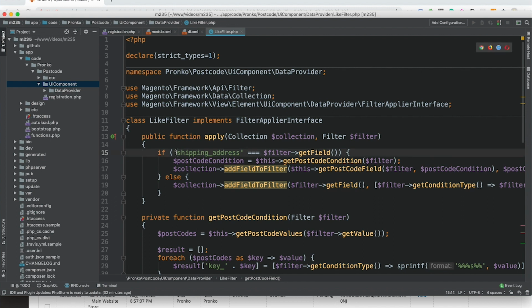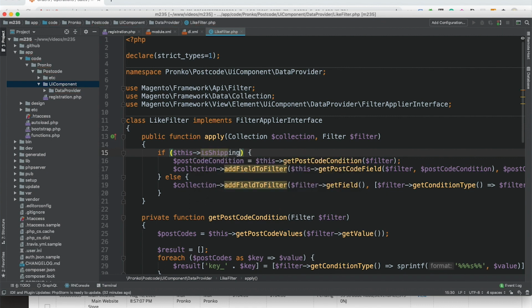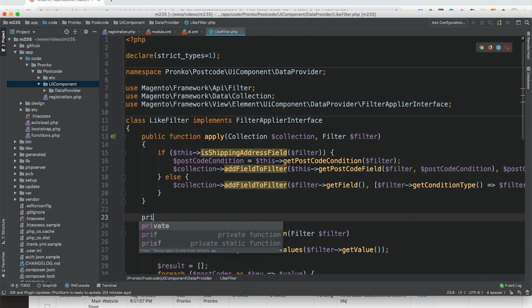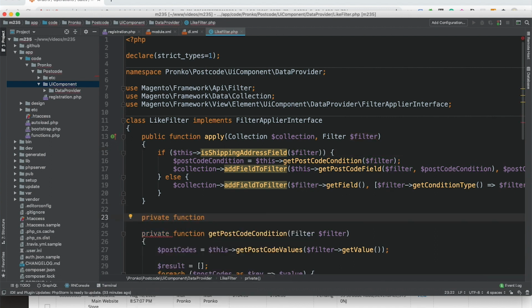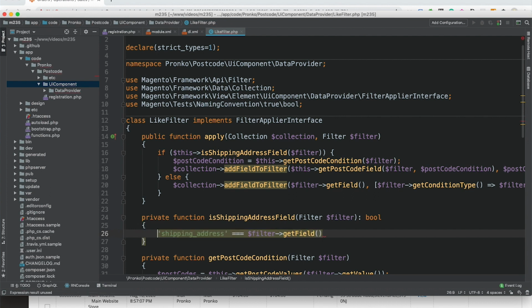That's kind of it. Let me move this condition and use a private method is shipping address field, and I will return it as a result.